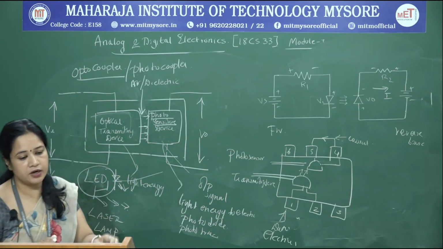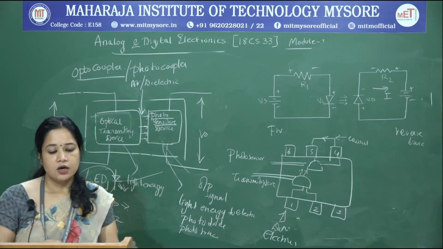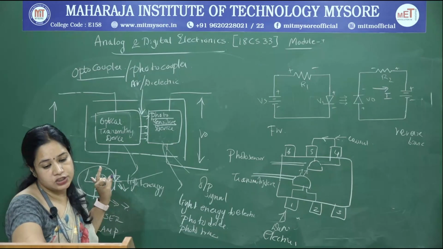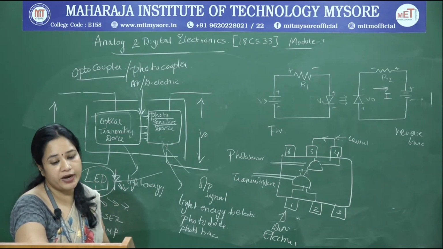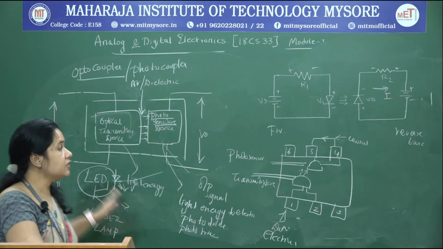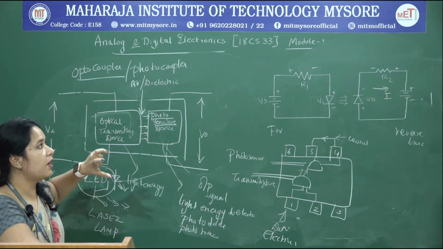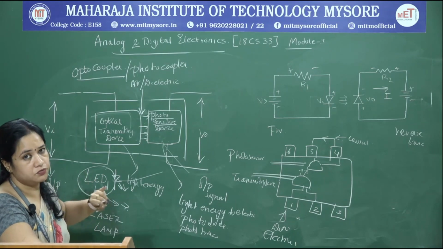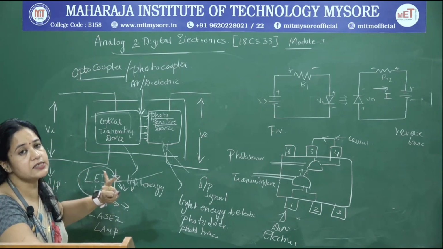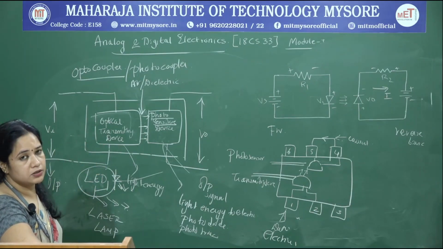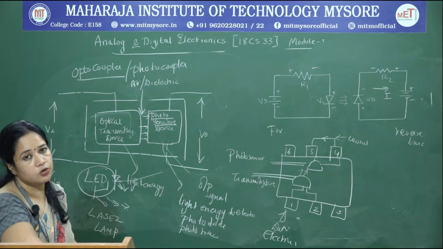So the applications of your optocoupler include, as I said, switching from input to output in a noisy environment. It is used in switch mode power supplies. It is used to provide electrical isolation. It is used with PC and modem connections and so on. So with this we are wrapping up one part of your module 1, wherein we were introduced to what a photodiode is, we looked into what an LED is, and we also looked into the optocoupler wherein we try to couple the electrical signal from one part to another part by converting it into optical signals.